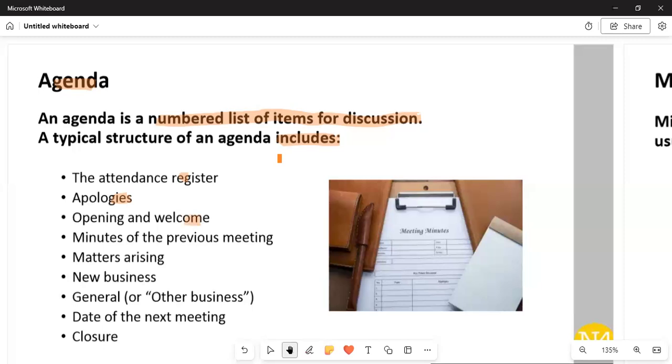And then let us talk about welcoming and prayer, and welcoming and opening. This member will welcome the members, and that is what we call the chairperson of the meeting. There will be minutes of the previous meeting which are going to be read by the secretary. And then the matters arising, these are the matters that must be discussed, and they are new to the business. The new business must also be taken into content. And then let us talk about general or other business. This is your own opinions. And then we are talking about the date of the next meeting and the closure. This is the agenda of the meeting, and it can be for 15 marks.